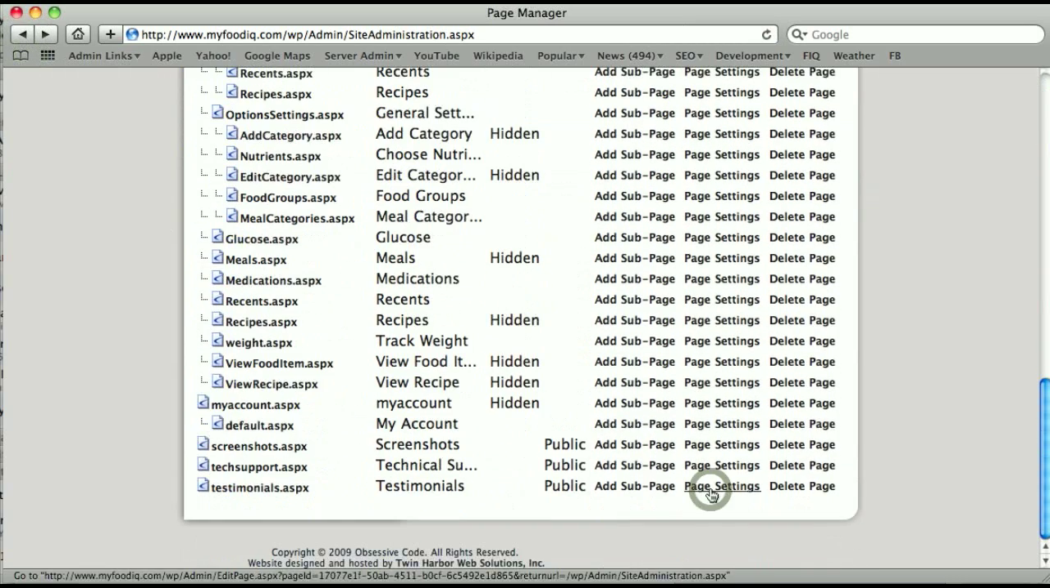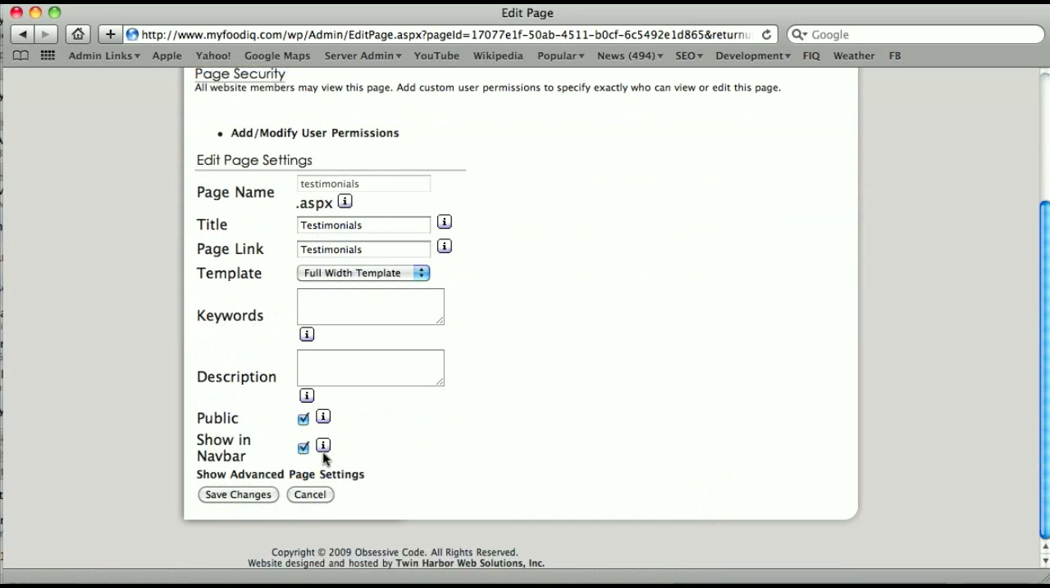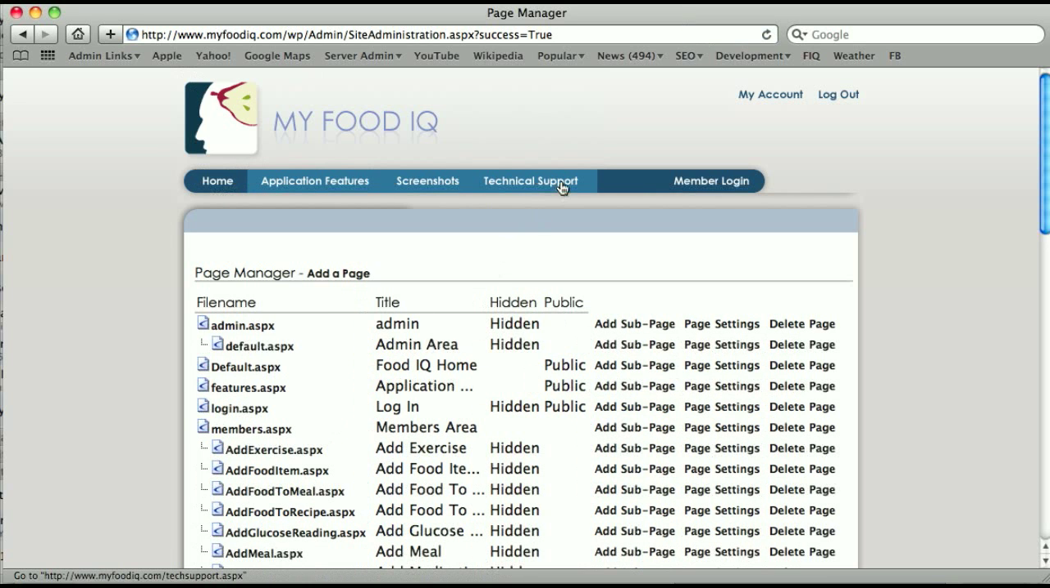menu bar. Actually, that's in Page Settings again, but down here, Show Nav Bar will turn off, and click Save Changes. And that's going to basically hide it from the nav bar up here. As you see right away, that link is missing. So now what we want to do is add a new page to fill its place. So we'll click Add a Page,